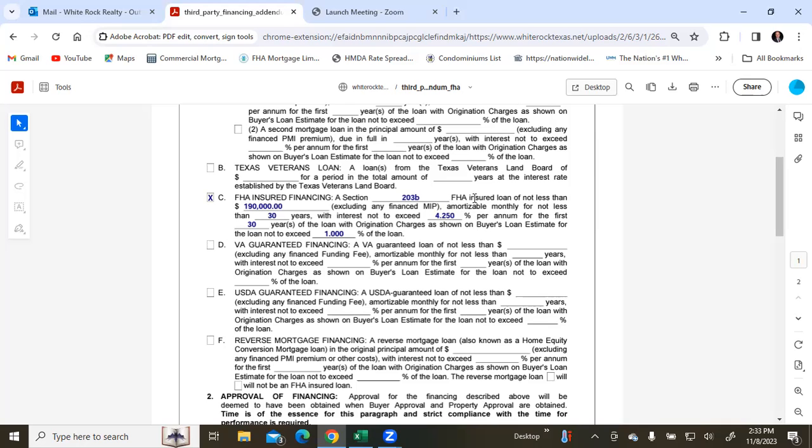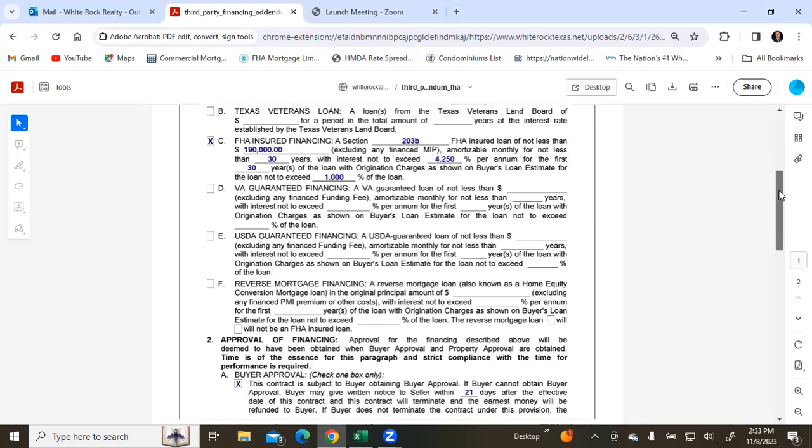Okay, so similar to a conventional loan, right? Except you're going to put in a little label here. And then don't forget about the interest rates. So all this is going to come in the pre-qualification letter of your buyer. It will say the interest rate, how much price of the home they can afford, and what the origination charge is going to be. Now, because it's an FHA loan,